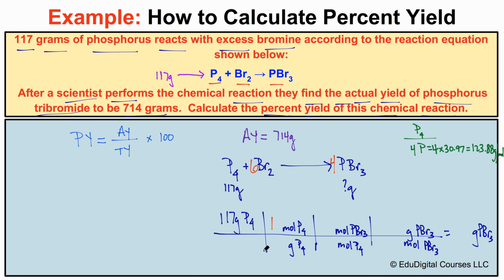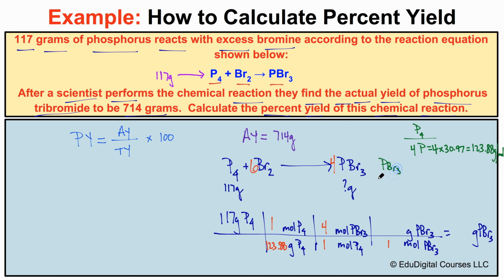So 1 mole of P4 we just figured out is 123.88. What about our mole ratio? What is our mole ratio? Well, we see we have 4 moles of phosphorus tribromide for every 1 mole of phosphorus. And then right here we have to figure out the molar mass of PBr3. So let's do that right here. If we have